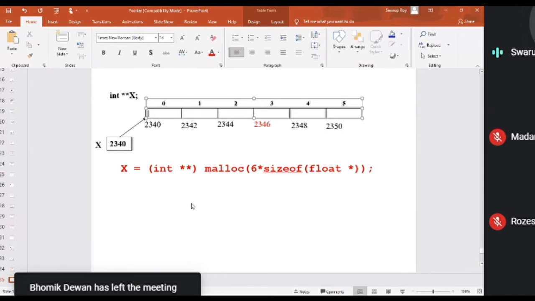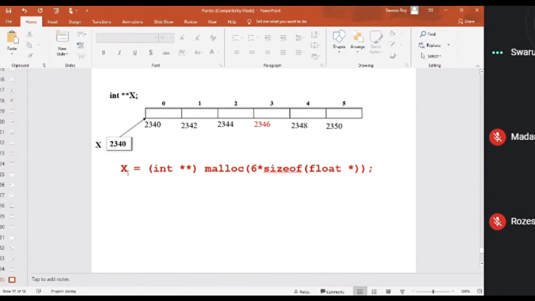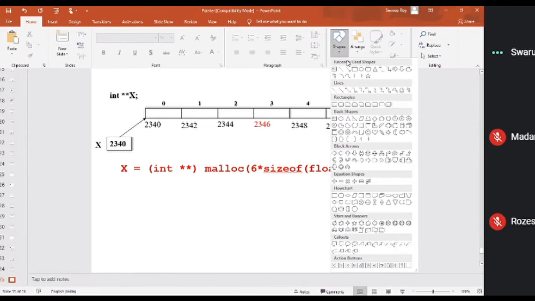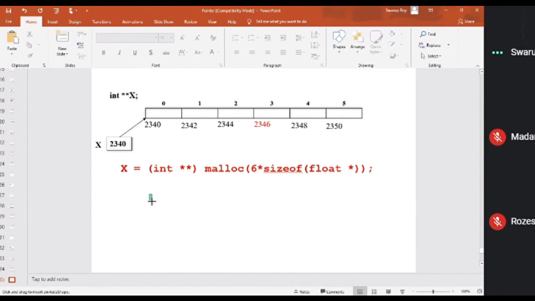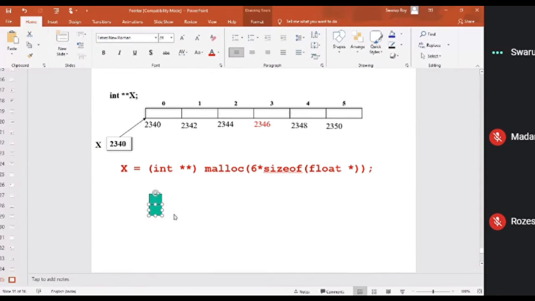So that's why you cannot store any values like 5, 6, 7. Now it means I need some arrays. I don't know whether I can rotate that table. So let us assume I am creating space.